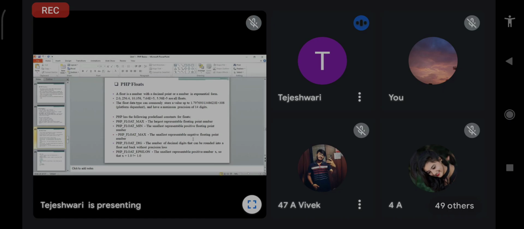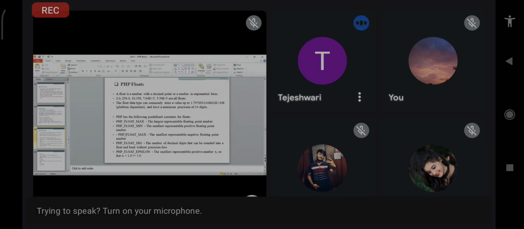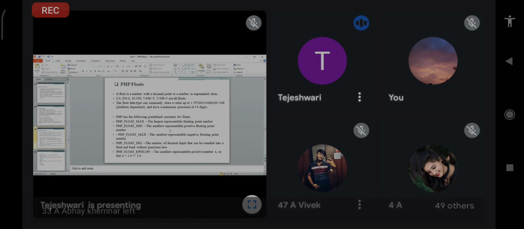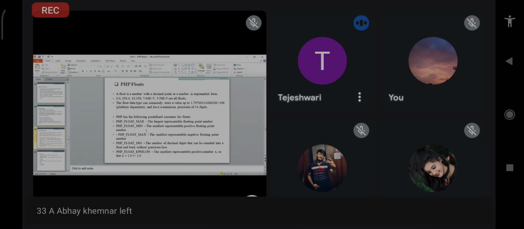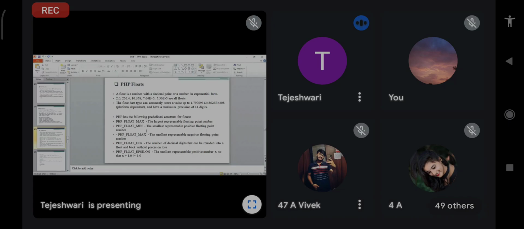Whenever you use a constant, it should be in capital letters. MAX means maximum: the largest representable floating point number, the largest value.